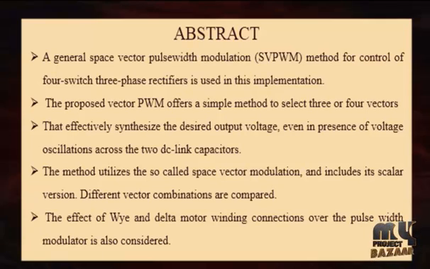The method utilizes the so-called space vector modulation and includes its scalar version. Different vector combinations are combined in this implementation. The effect of star and delta motor winding connections over the pulse width modulator is also considered. The common mode voltage generated by the 4-switch 3-phase converter is evaluated and compared to that provided by the standard 6-switch